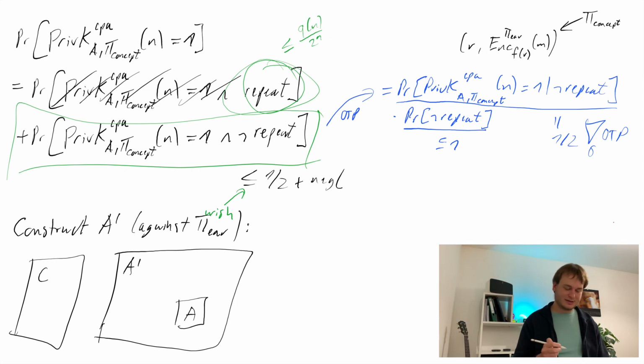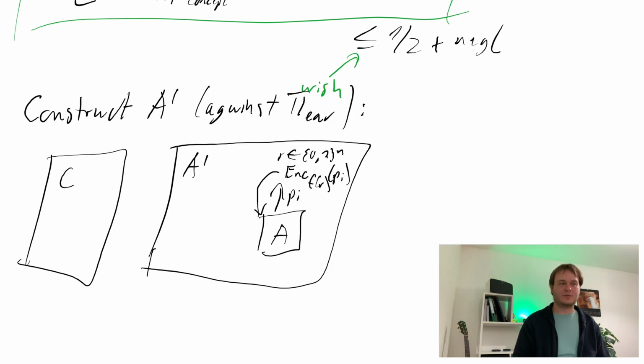Now we need to define what A prime does. So it runs A, this is a given. A will ask encryption queries because it thinks it's in the CPA game against the conceptual scheme. So it will ask queries for encryptions of plaintext m_i. And now how can A prime answer those? You have an idea? Well, A prime can just choose a random r